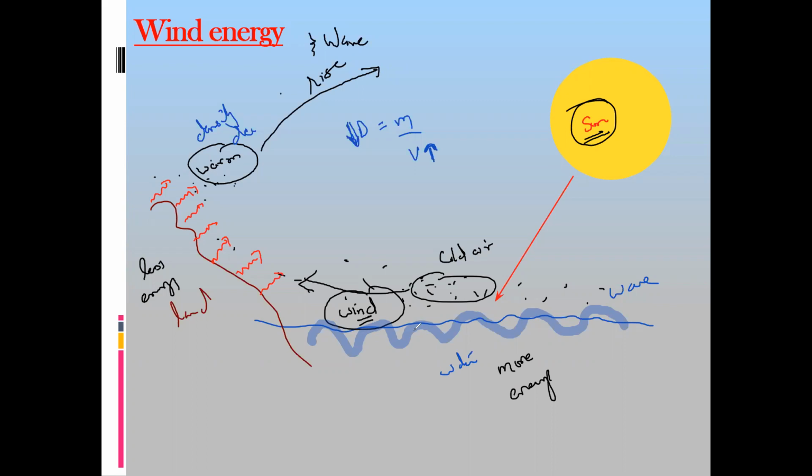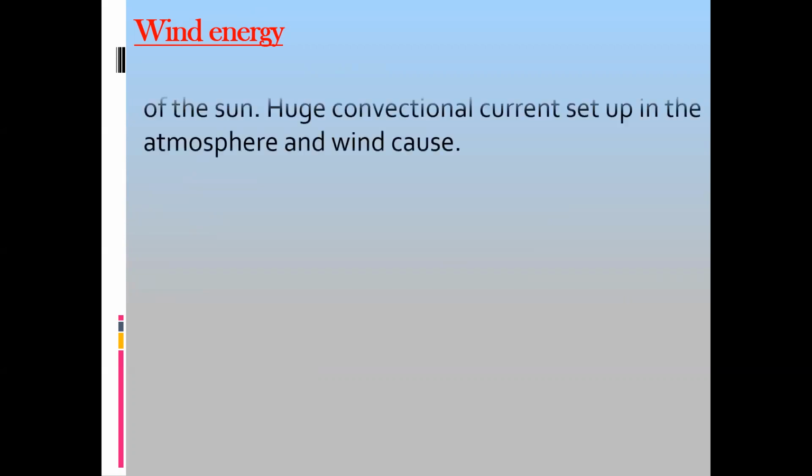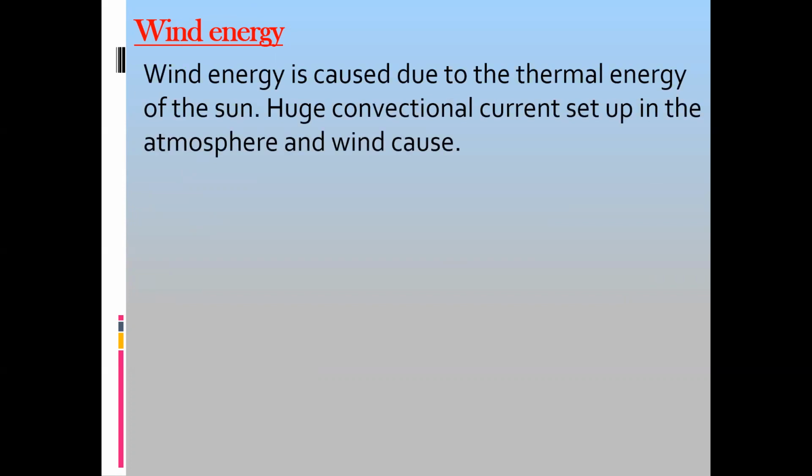So basically the source of the wind energy is the sun. If we don't have the sun, we cannot have wind energy or wave energy. Maybe you have observed this: if you are standing at a seashore, you will find that the movement of the air is much more observable. You can observe the air current or air movement easily. So when the wind energy is caused,